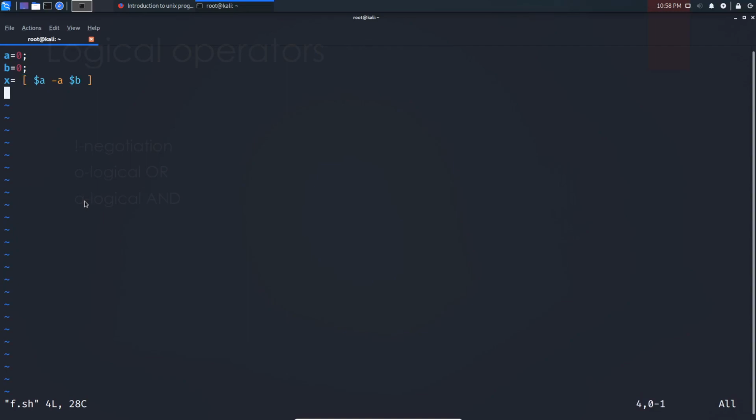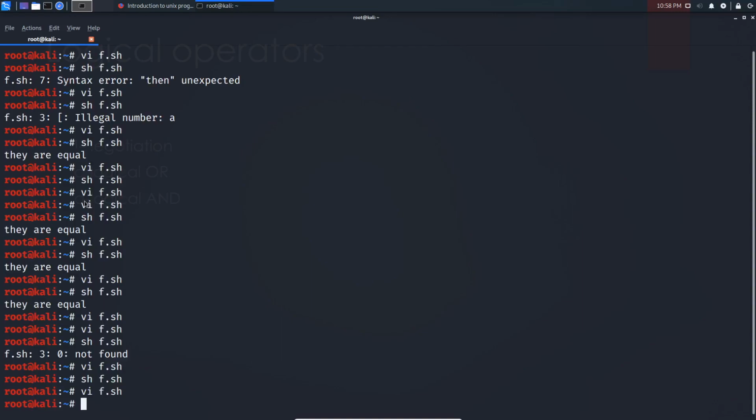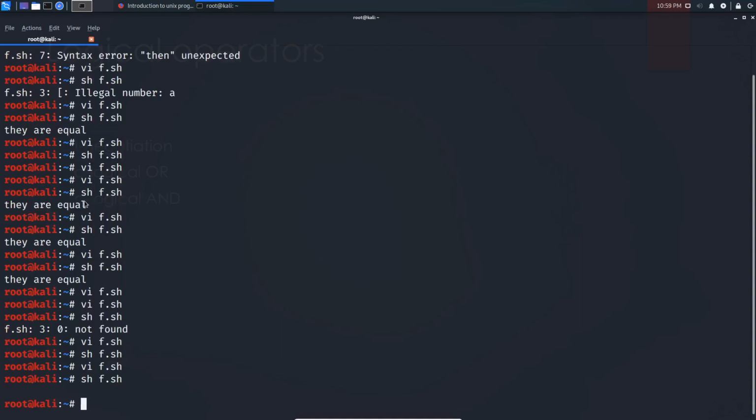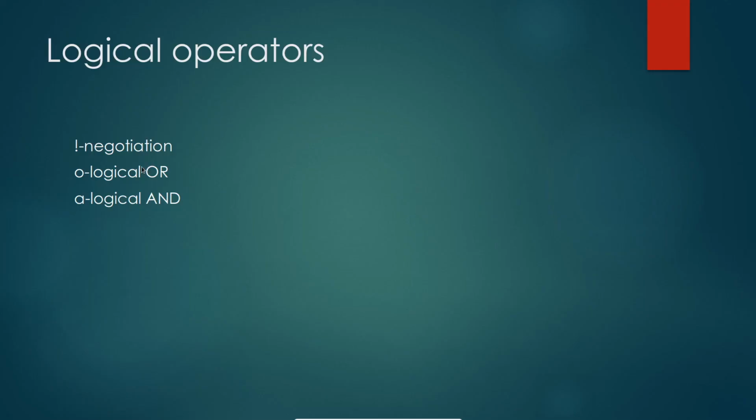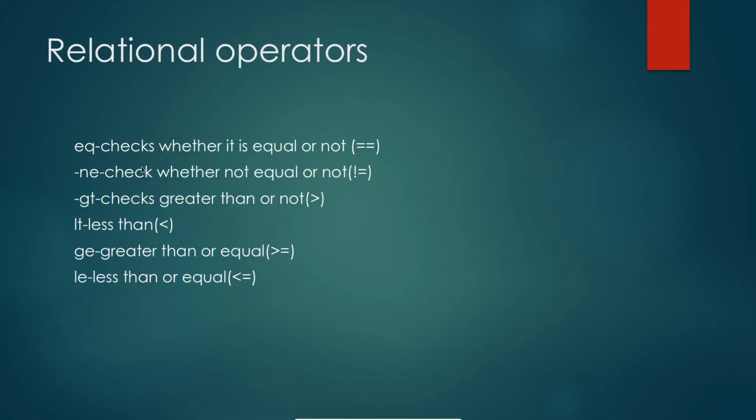Echo $x. Okay, leave it. This is how we do logical operators and relational operators in shell scripting.